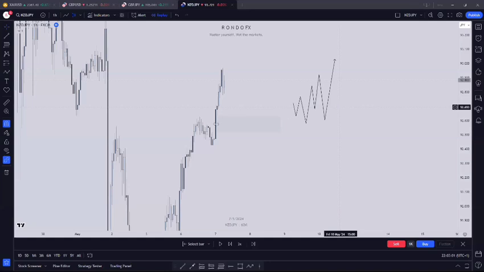So when I see setups like this and it aligns with my pro trend, I take it, because I have this huge amount of imbalance. That's why I explained